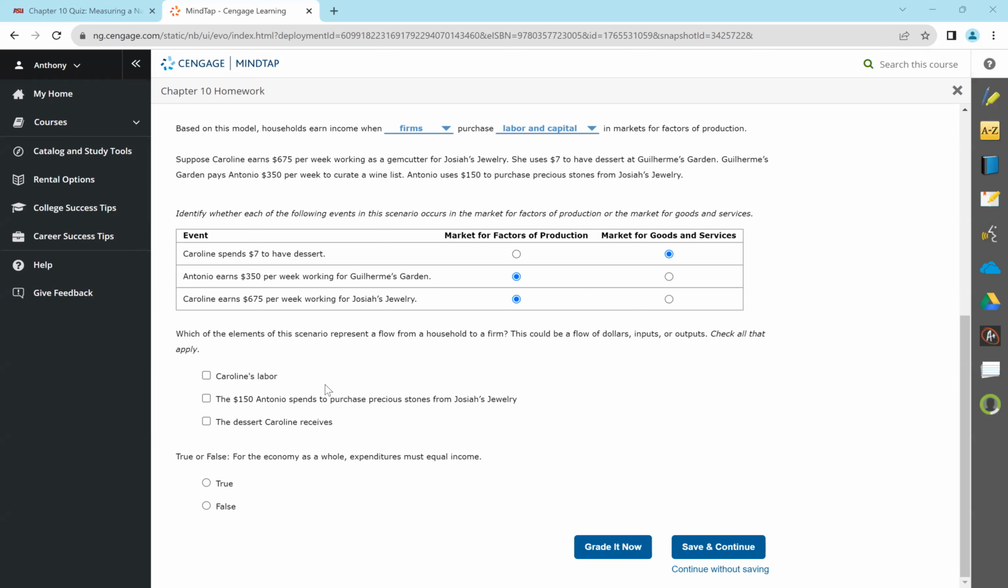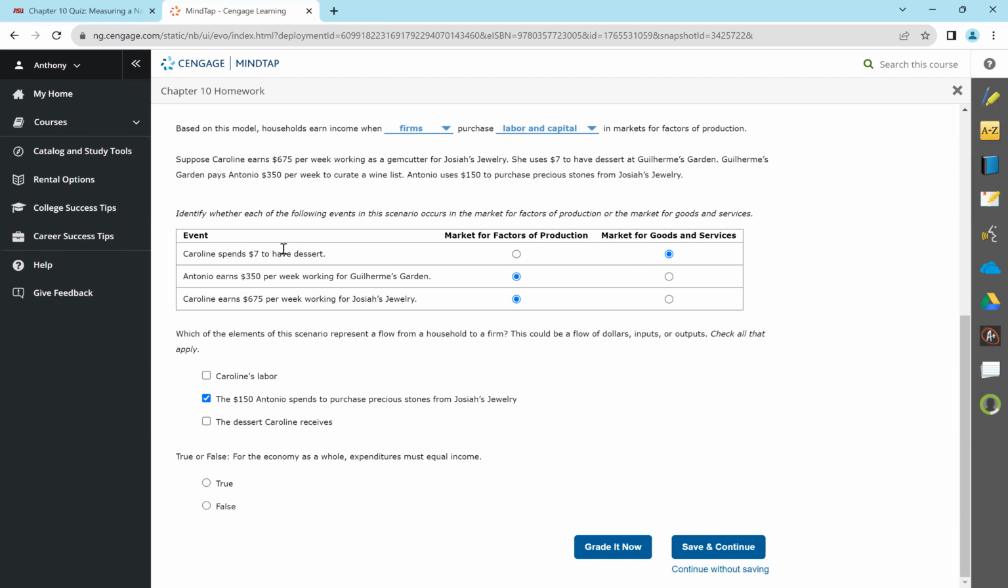Where are we going? Household to a firm? Okay, household to a firm is spending money. That makes sense, right? You go to the store and buy something, your household money is going to a firm. Yes. The other ones,